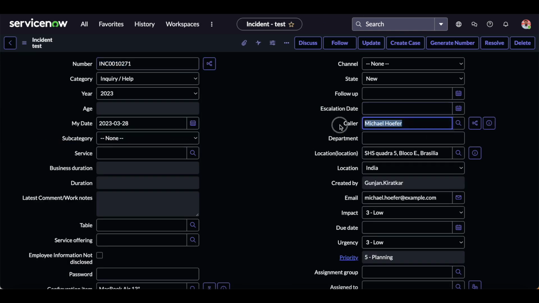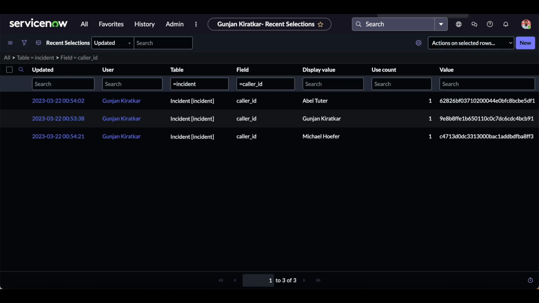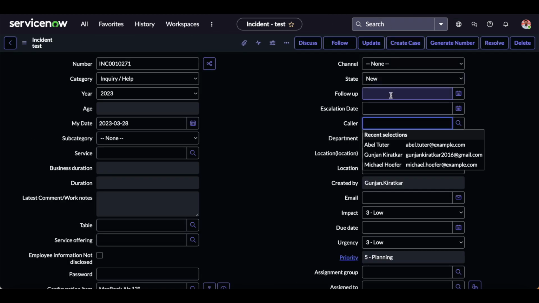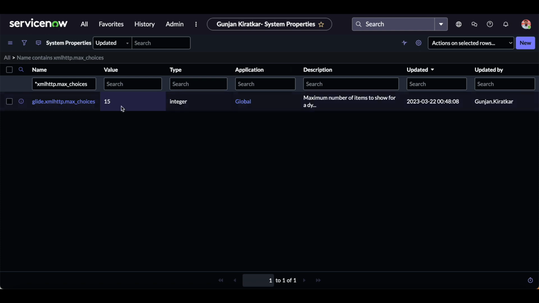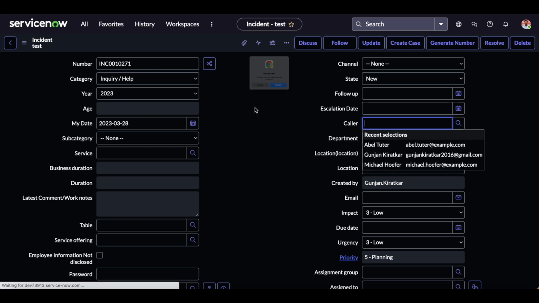And if I now click on this field, you can see that three suggestions appear from this recent selection table. So now if I don't want three or five suggestions, and I only want one or two, how can I limit that? I can come down to the system property and change its value to 2. Whenever I change this value to 2 and refresh this page,